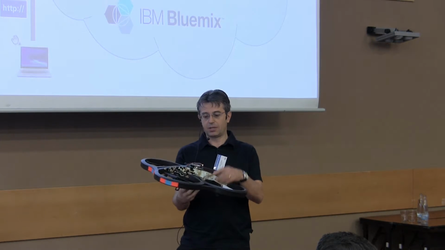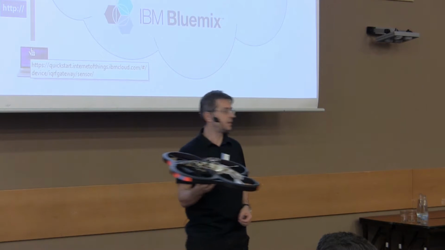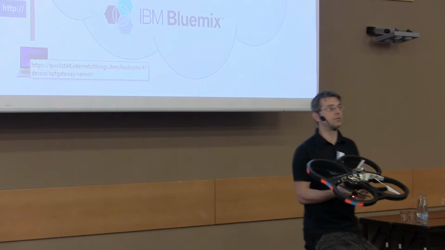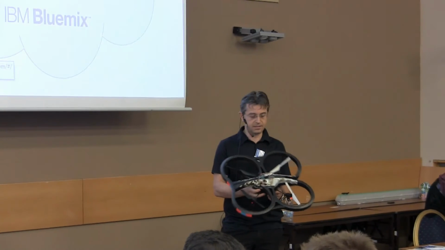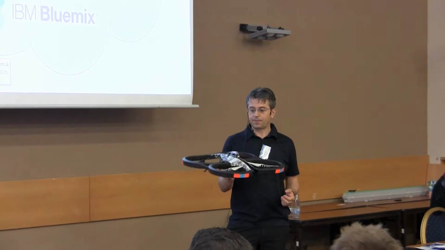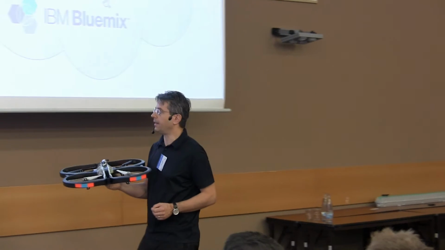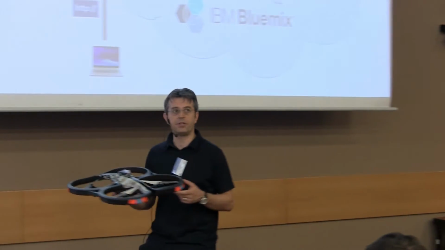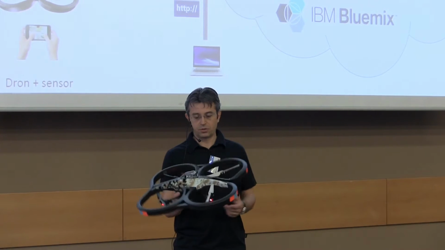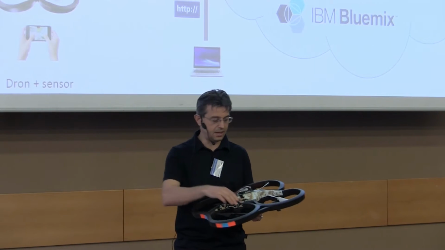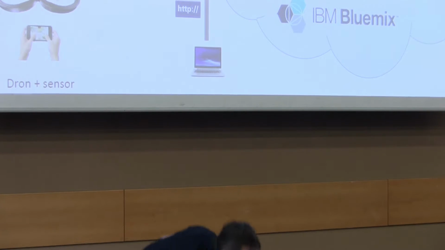So basically, we took the sensor, put it on the back, and all the data are transmitted, as Jaroslav said, over MQTT to the cloud. That's basically the story. The sensor can receive data like temperature and humidity. So I will try to fly a little bit, and we can see if the data will be visible in the environment